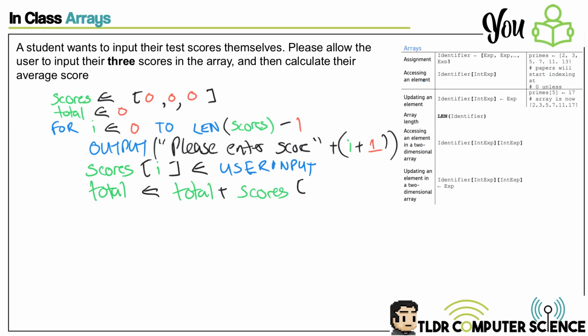At position I. And then at the end, to calculate the average. How are we doing for time? Yep. Okay, output. And then the question would be, and I can say the average is,